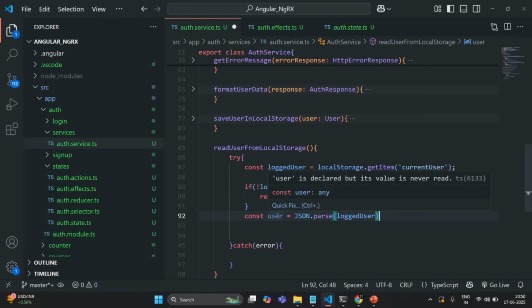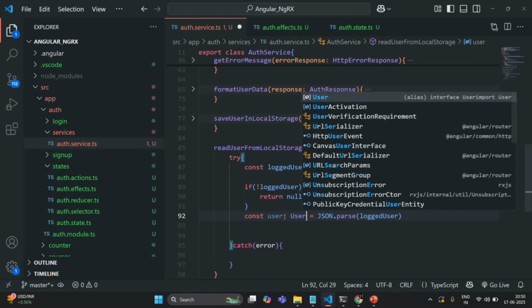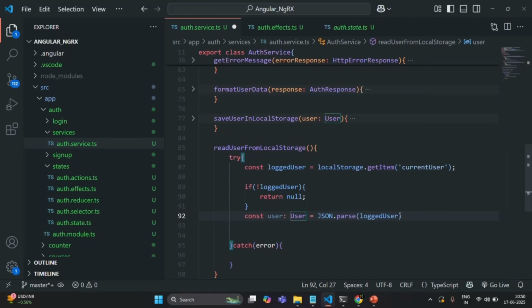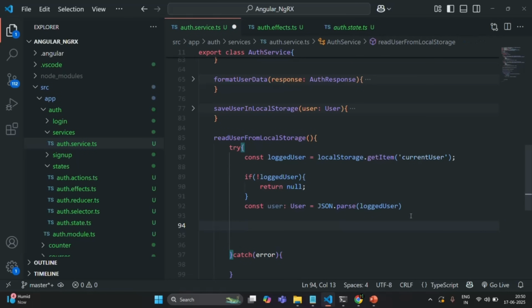And that we are going to assign to this user variable. And we know that this user is going to be of type user. So let's also explicitly specify the type for that. And now we are going to check if